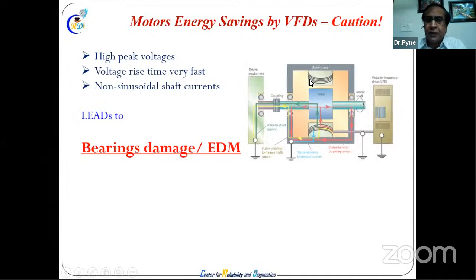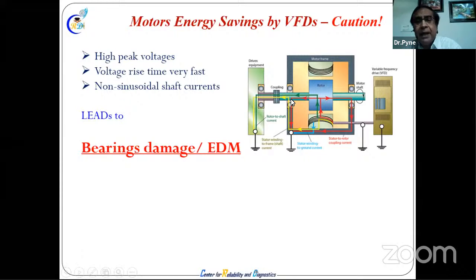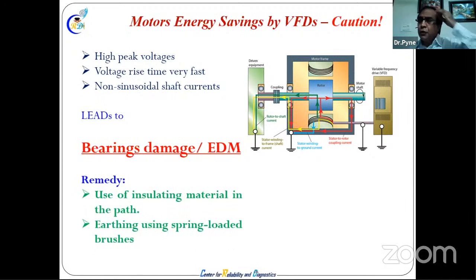So what is the solution? There are solutions. These things happening in the bearing are common for all VFDs. But are people taking care, or are they just putting a VFD on the previous setup? Then there will be a big problem. They must earth properly, and electric discharge machining should not be there within the bearing. The bearing, which is supposed to run properly in a concentric way, is now running machining. Electric discharge machining is going on inside the bearing. Very tough problem, very serious problem.